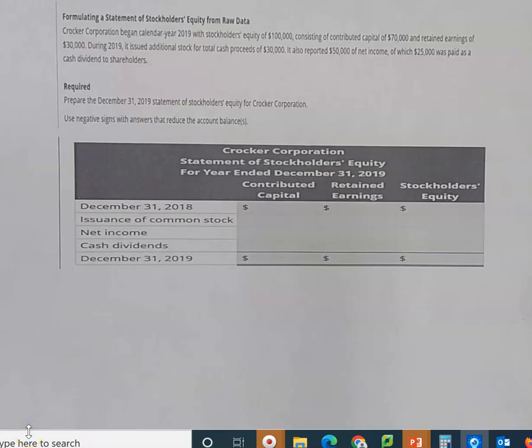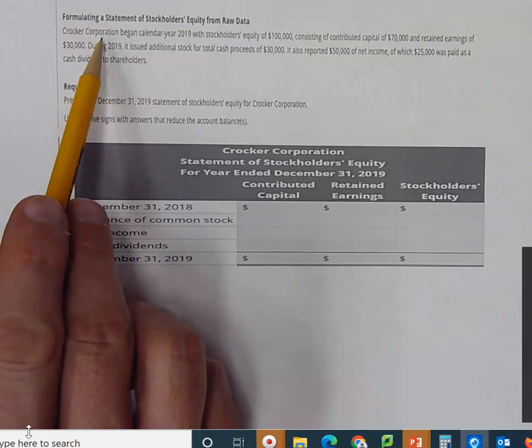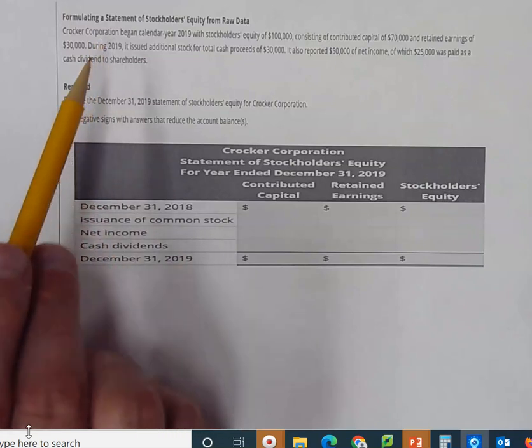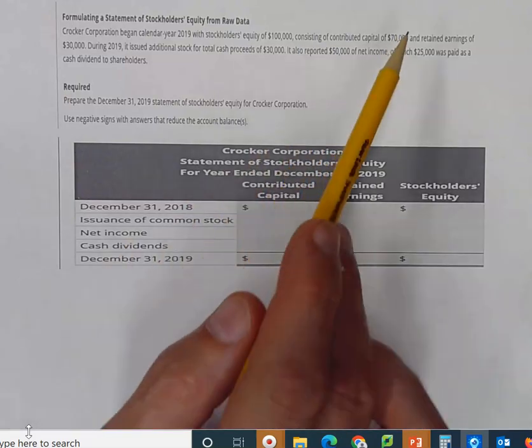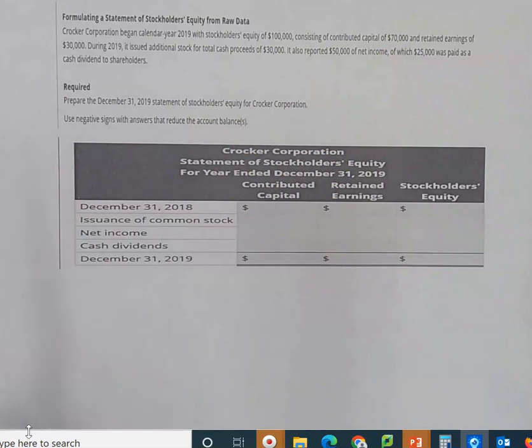Okay, so we have another exercise dealing with raw data. So let's look at what we have here. Crocker Corporation began calendar year 2019 with stockholders' equity of $100,000, consisting of contributed capital of $70,000 and retained earnings